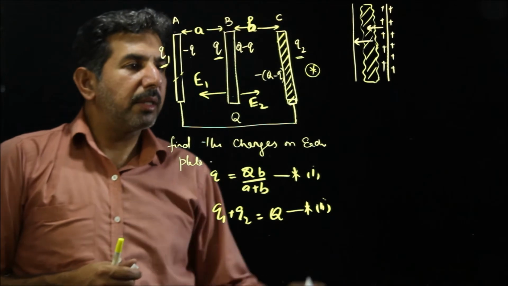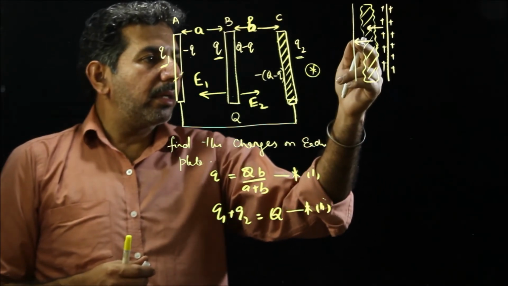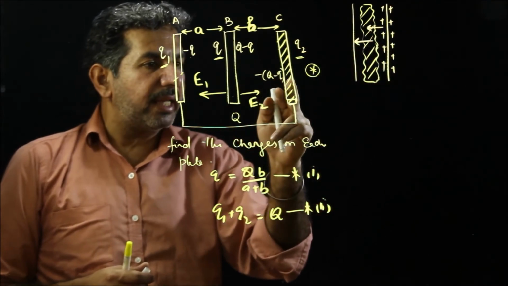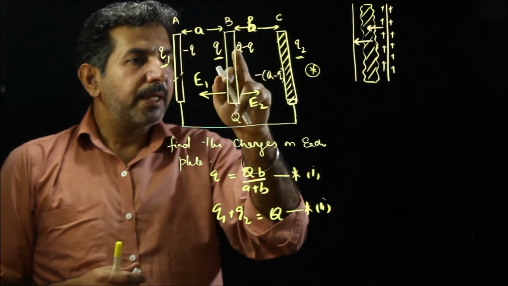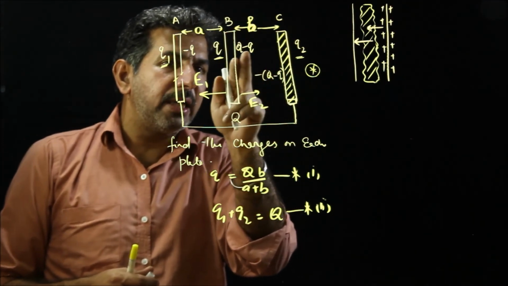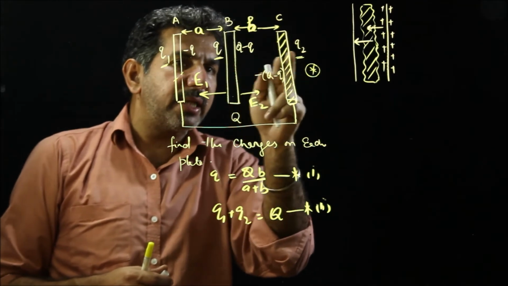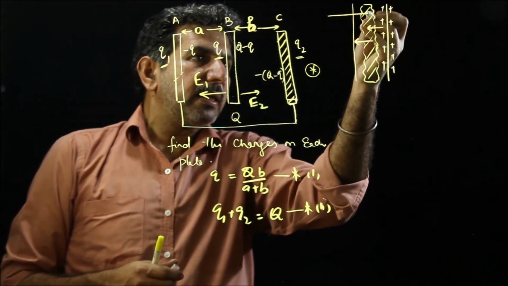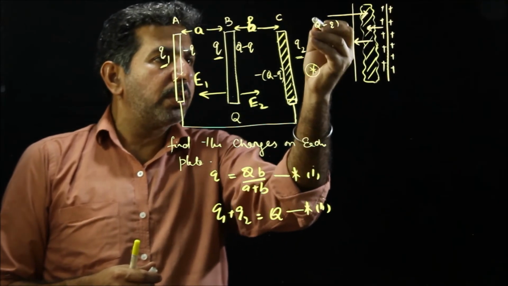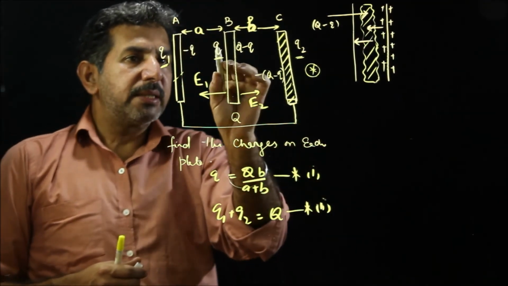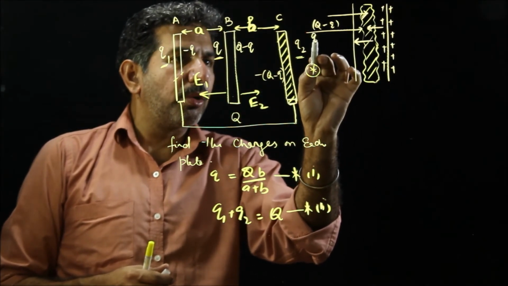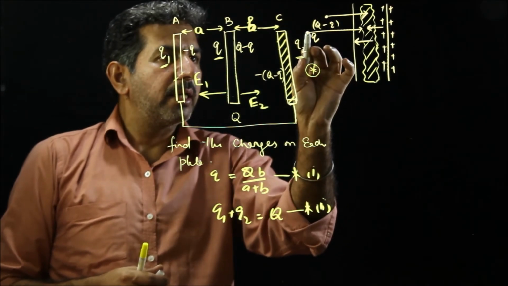Okay, so these will be the two electric fields because of this and this side. Similarly, this face being positive is going to cause the electric field passing through this region somewhat like this. So this is the electric field because of Q minus small q. Similarly, this will be the electric field because of small q. Are you getting the points or not? Right.